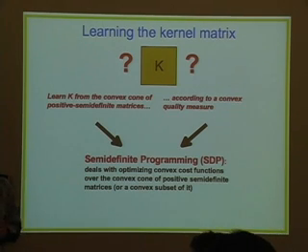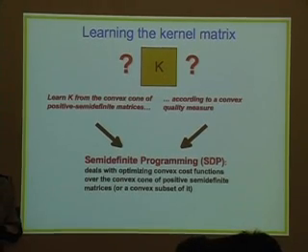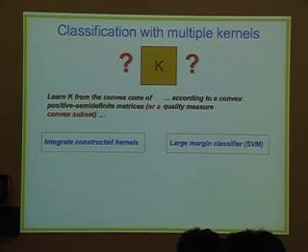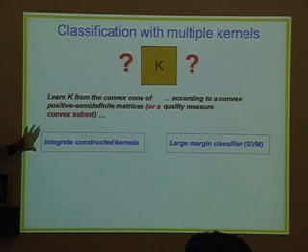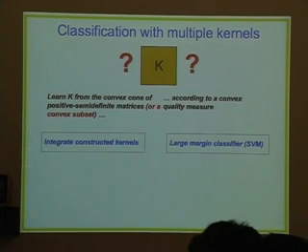At this point, you're trying to learn the kernel matrix for a single form of information, or you're trying to learn the kernel matrix of the combination of other kernel matrices? Good question. So like at this point, I'm basically just kind of lining out the higher level philosophy. Now, obviously, this philosophy, which ties into this optimization technique, we want to apply this now to the specific setting that we're looking at, which is we want to use it to integrate the constructed kernels, and we want to apply it for the specific case of large margin classification, all right?